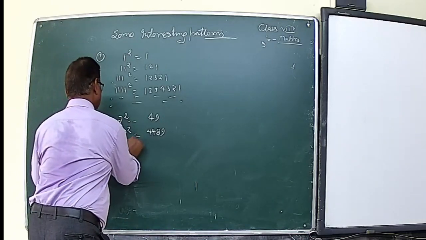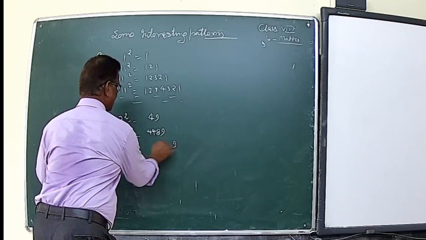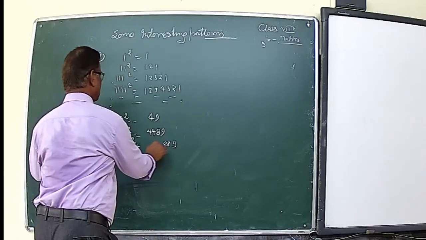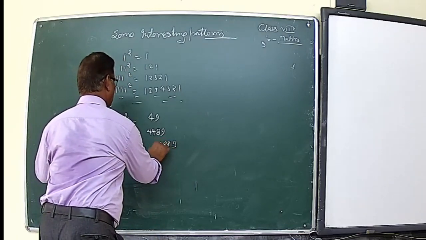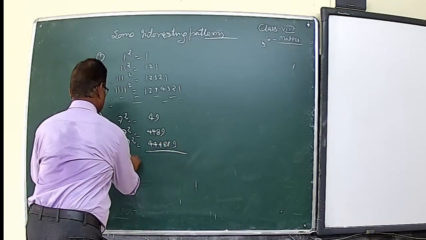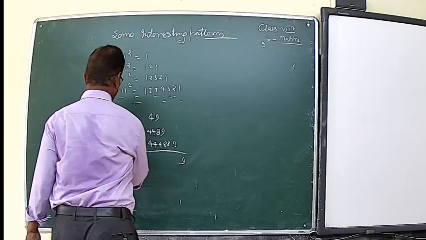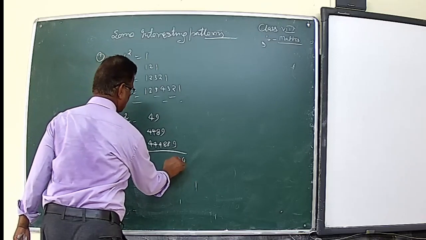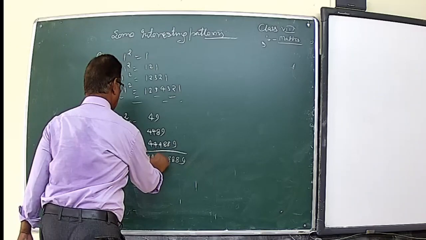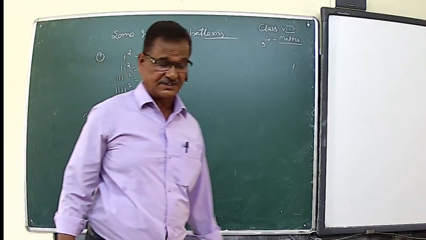If 267 whole square is given, then first write 9 and 1 2 8 right after, before 9 2 8, and then 3 4 1 2 3. If 6667 whole square is given, then first write 9 and then 1 2 3 3 8, right, 1 2 3, and one more 4, 1 2 3 4. This is the square of this type of number.